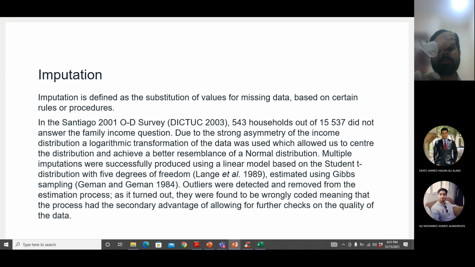For the normal distribution, they found that it is a T distribution with 5 degrees of freedom. And they found the outliers, values which were either very high or very low from the data, and they removed them. So the missing values were taken from the distribution of the data. For example, when you plotted the data in terms of frequency, repetition of the values, you found something like this.